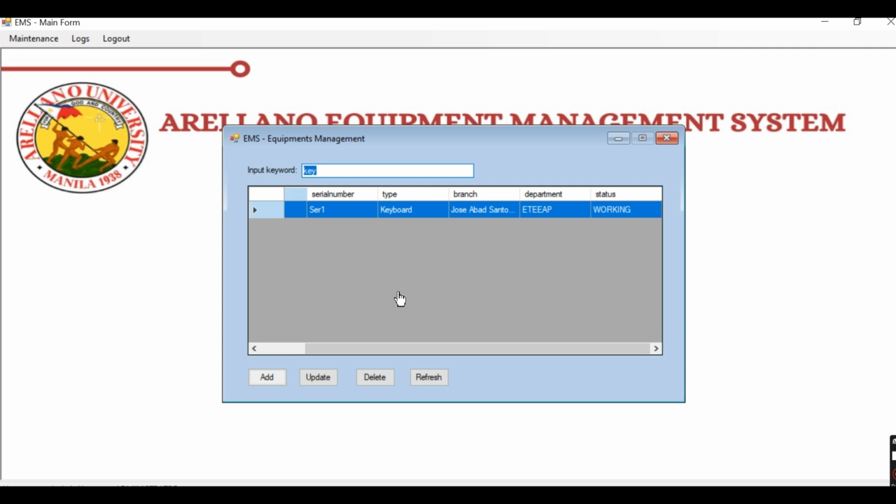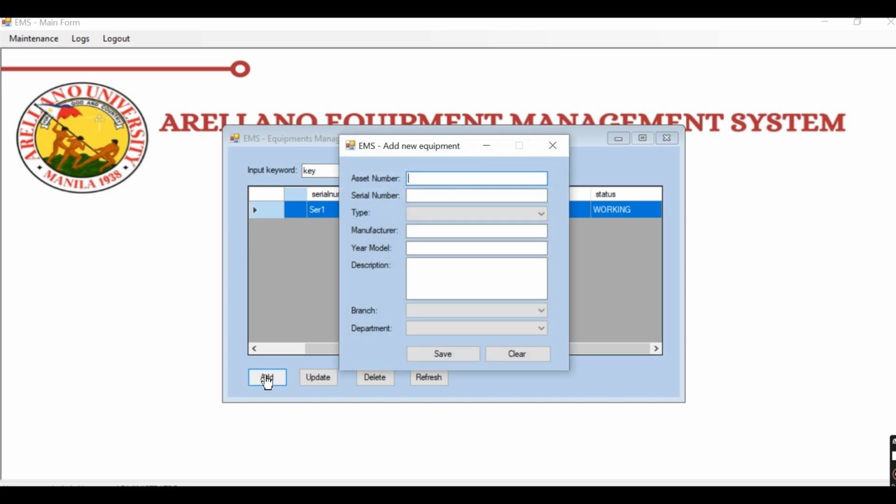So we also have a table that displays asset number, course, serial number, type, branch, department, and the status. We have here the add button that will allow us to add, of course, an asset, then serial number, and then type.